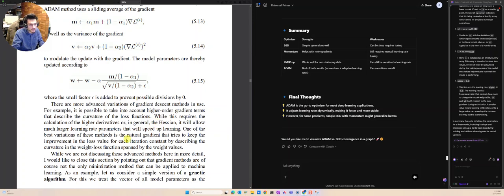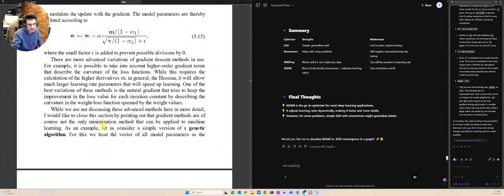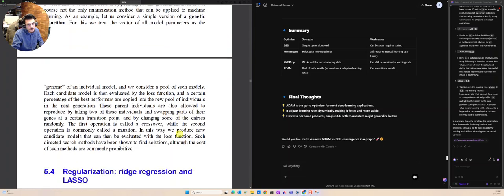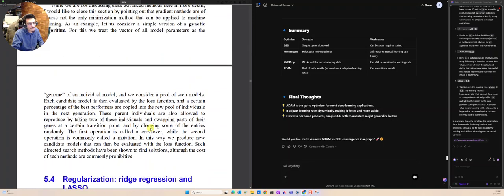As an example, let's consider a simple version of the genetic algorithm for this one. Genome. Each candidate